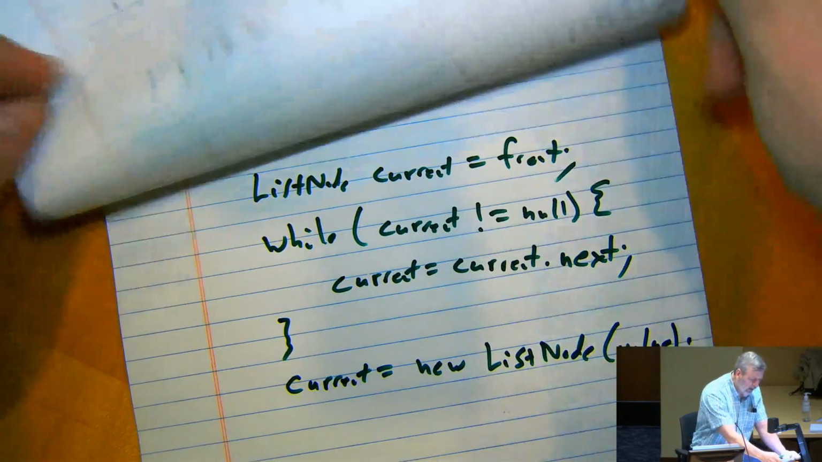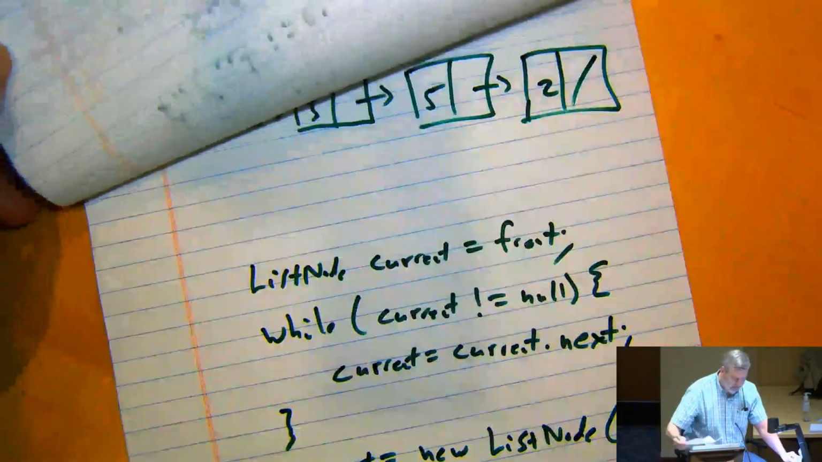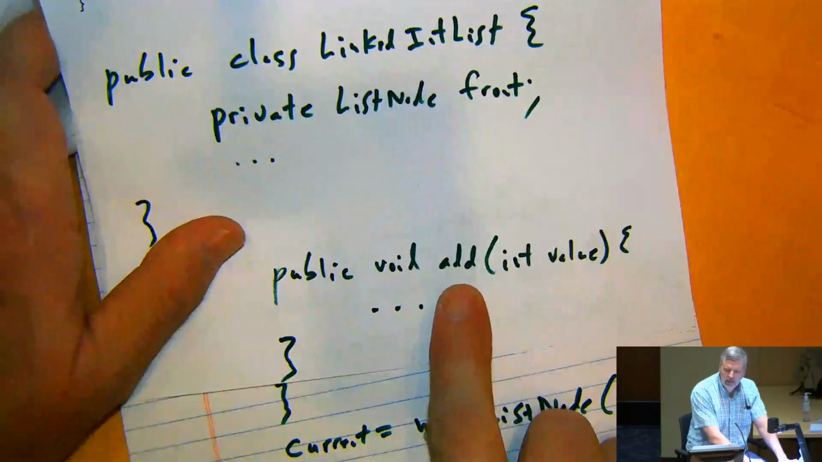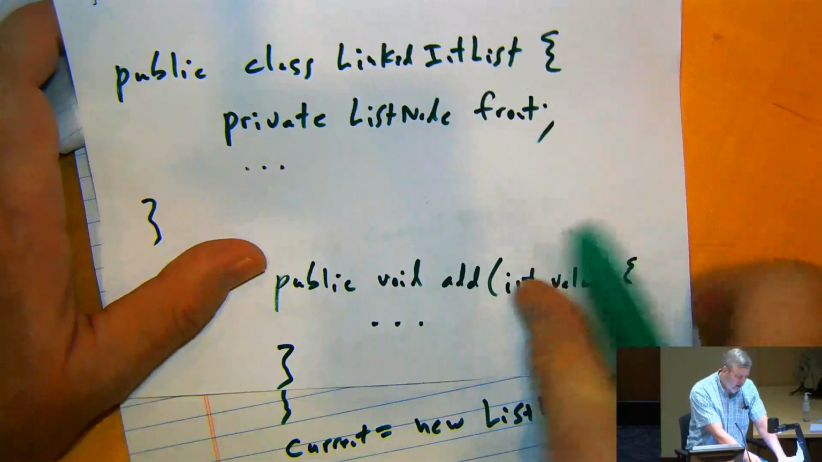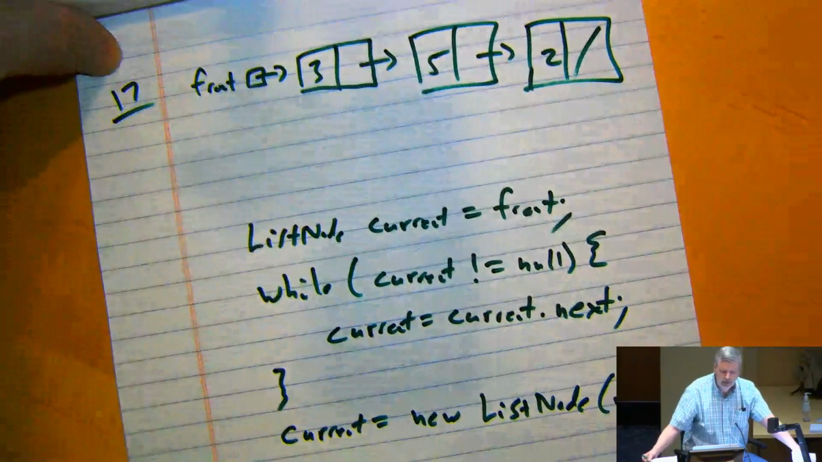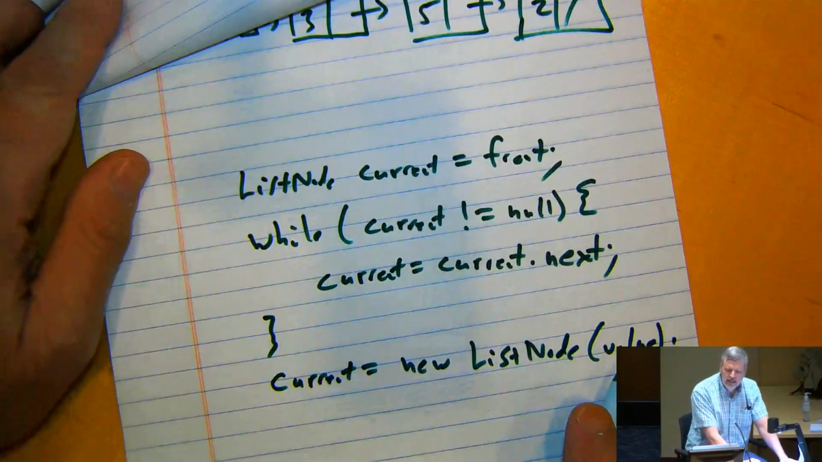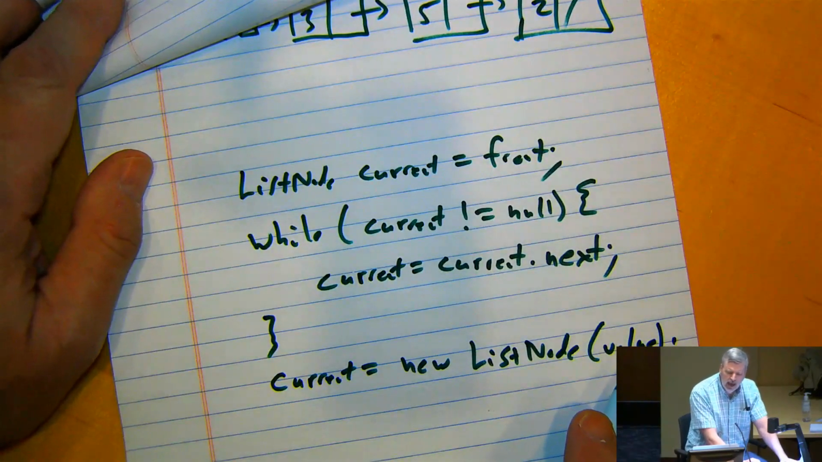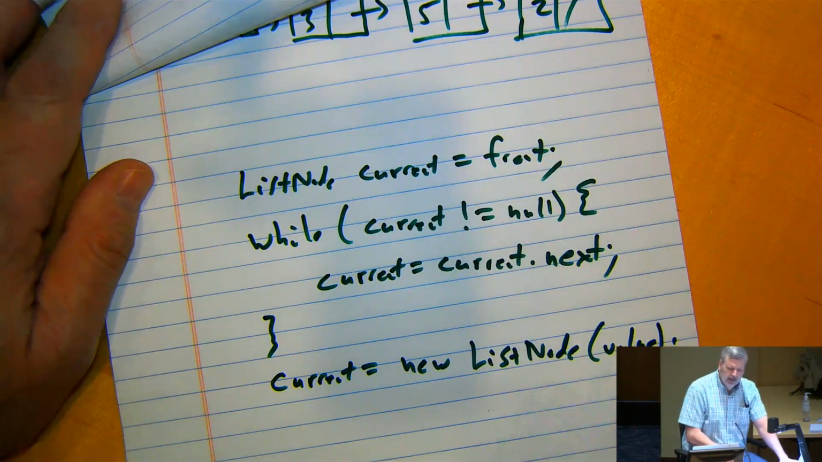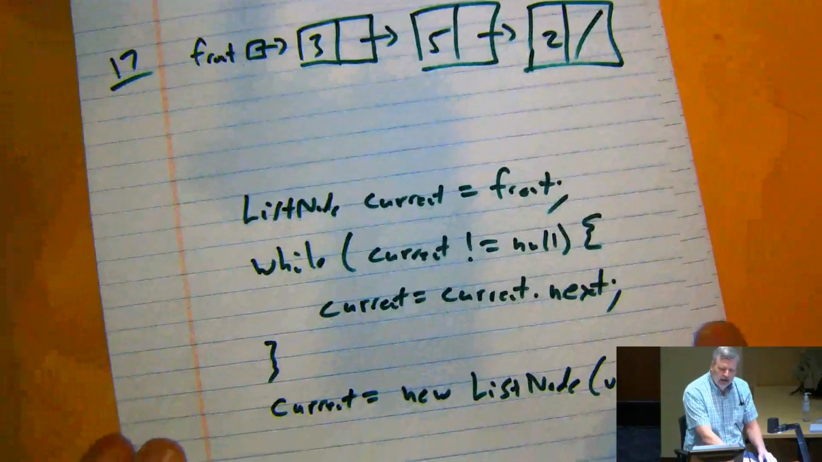Remember that I had said, over here on this piece of paper, that the add method is taking a parameter called value. In my example, I'm saying suppose it's 17. So we'll make a brand new node that has that 17 in it in order to add it to the list. This code that I've written here is a very